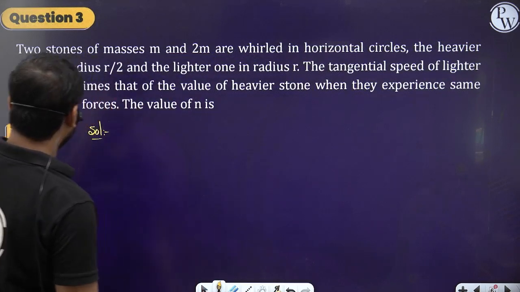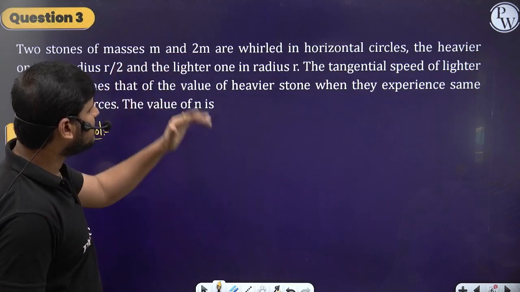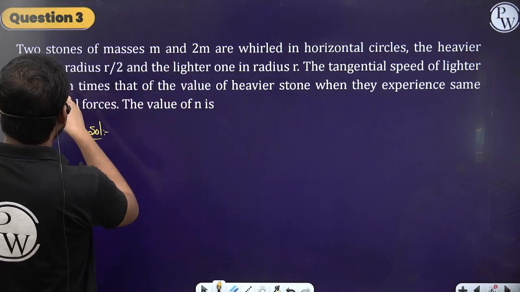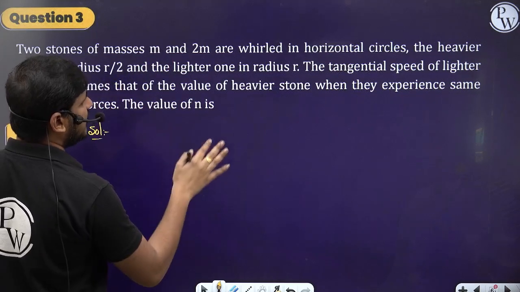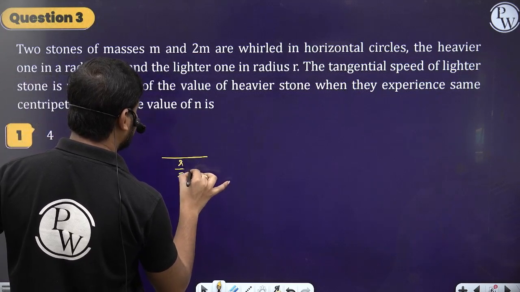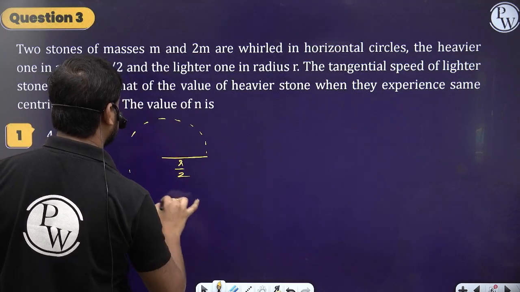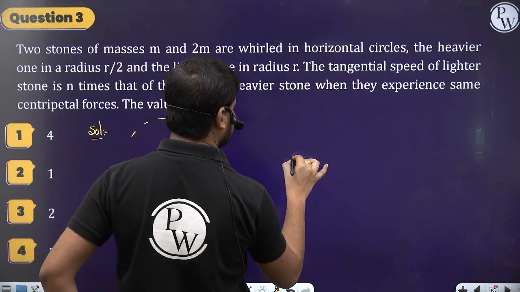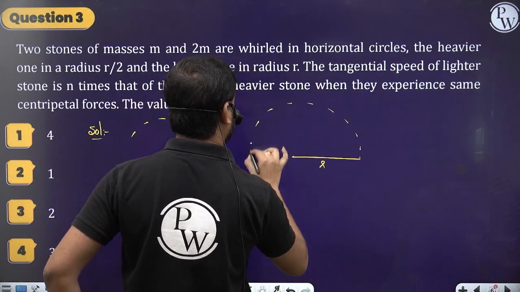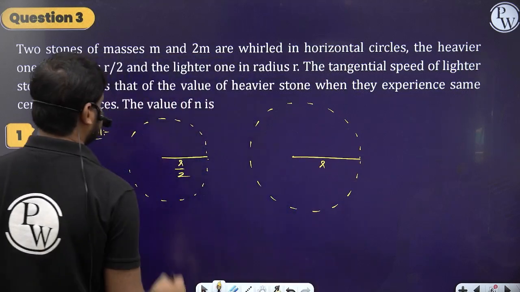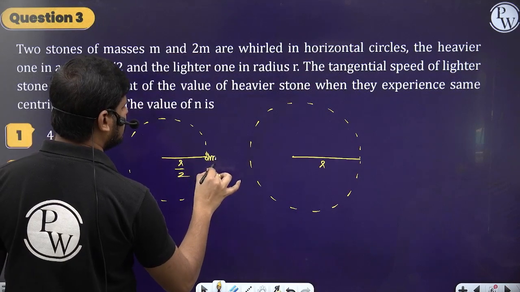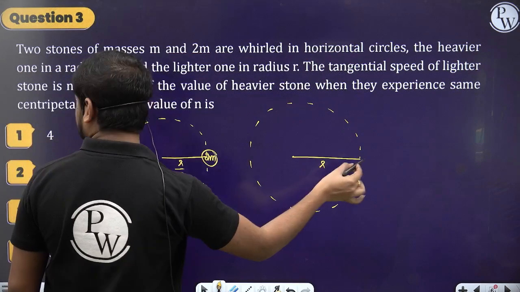What does the question say? Two stones of masses m and 2m are whirled in horizontal circles, the heavier one in a radius of r by 2 and the lighter one in a radius of r. Understand the question properly. This is a circle of radius r/2, and this is a circle of radius r. The heavier one is in r/2, so here the 2m mass is in the r/2 circle, and in r